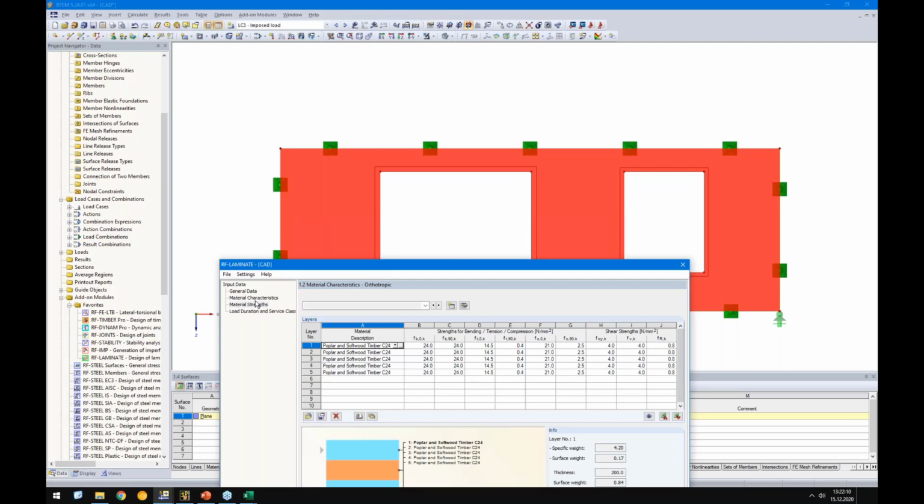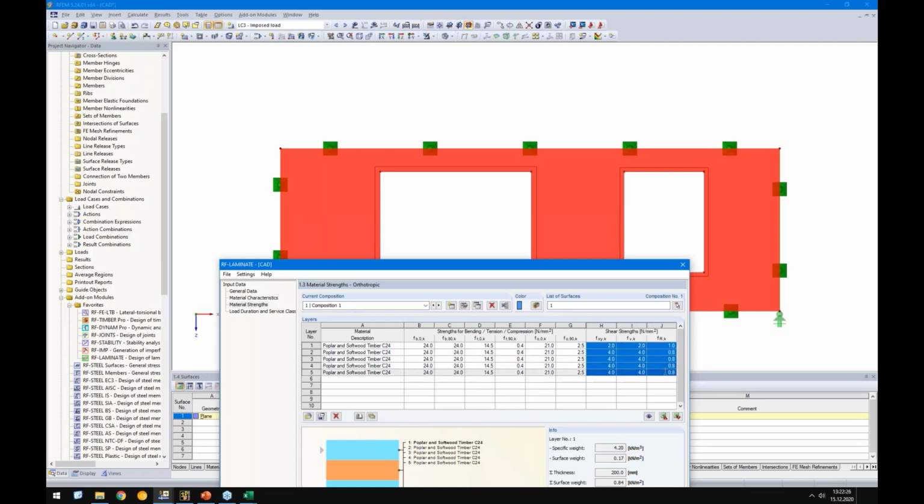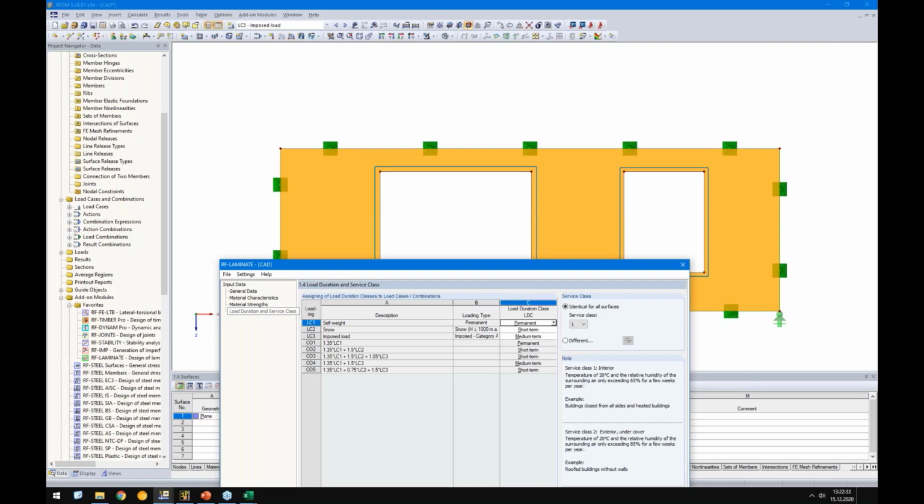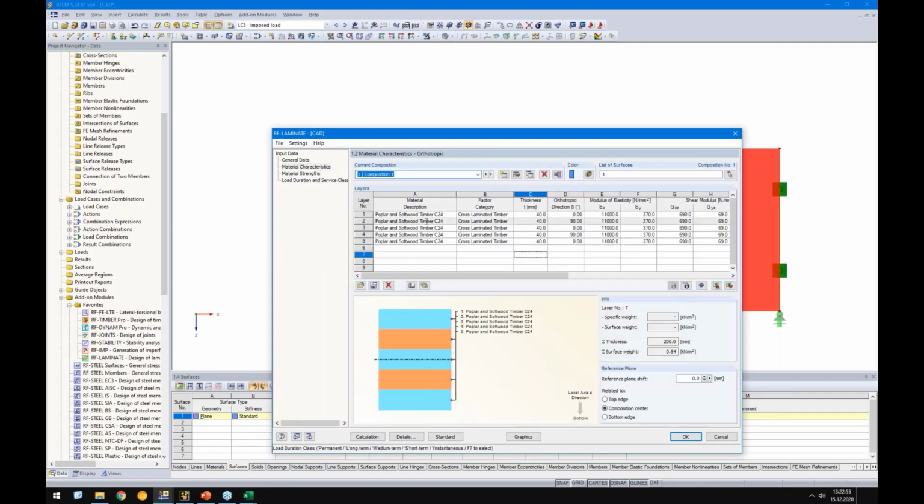Okay, then let's go to the next tab. It's the material strengths. And here we simply modify the shear strength a bit because we do not consider any K-crack for surface design, and therefore I will modify it a bit and set it for all layers. Okay, the last tab is about the load duration class, but it was assigned automatically to the load cases, and therefore we always use the shortest load duration as the code offers, and it is assigned automatically. Here are a few settings about the service class, but this is fine for us. Okay, let's go back